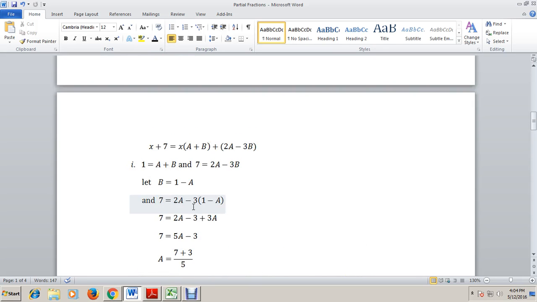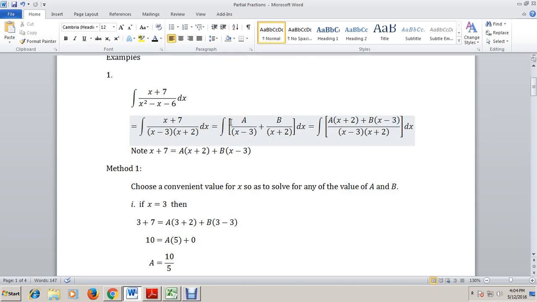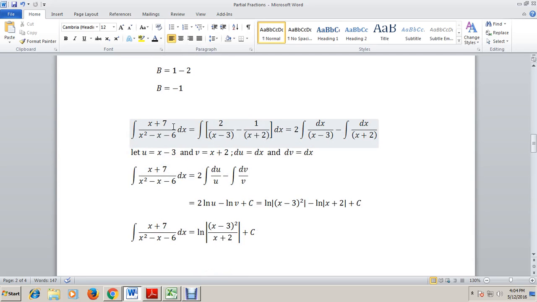Okay, so now once we have solved for A and B, we can continue solving for our partial fraction. Remember, our given is that we have this original given expressed in partial fraction form. We have A over x minus 3 plus B over x plus 2. Since we have already solved for A and B, the next step is obviously to substitute the values we have solved for A and B in our given partial fraction. Now, doing that, we have our original given equal to 2 over x minus 3 minus 1 over x plus